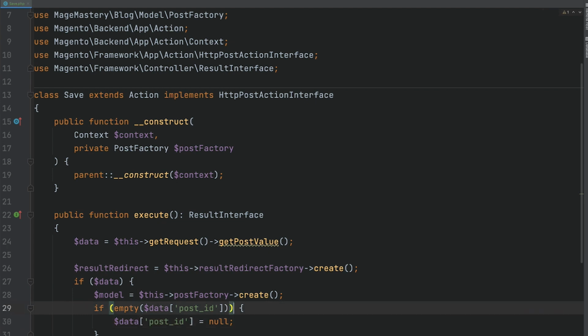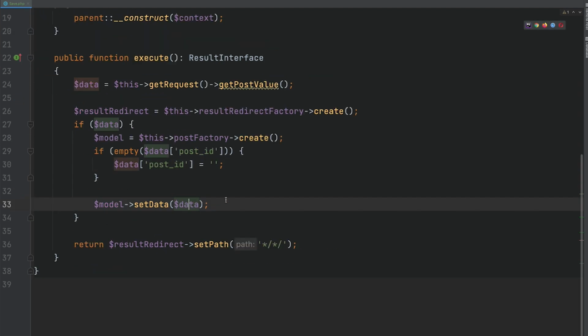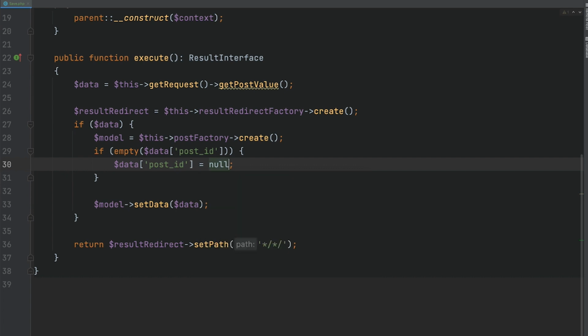Empty means that it is going to be an empty string like this. When we will be setting this data to our model, post ID is a primary key, it's an integer. So if we don't have a post ID, it's better to set null, so the model will understand that this is a new entity that has to be processed and stored into a database table.